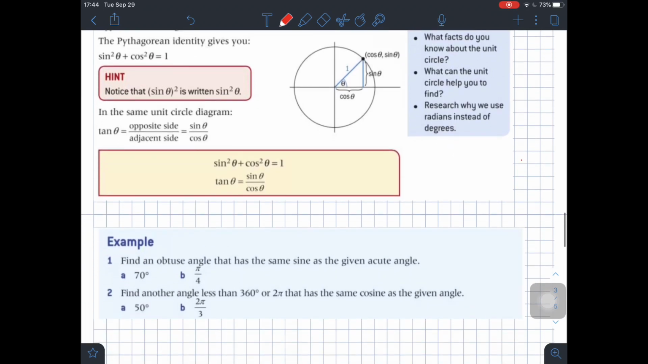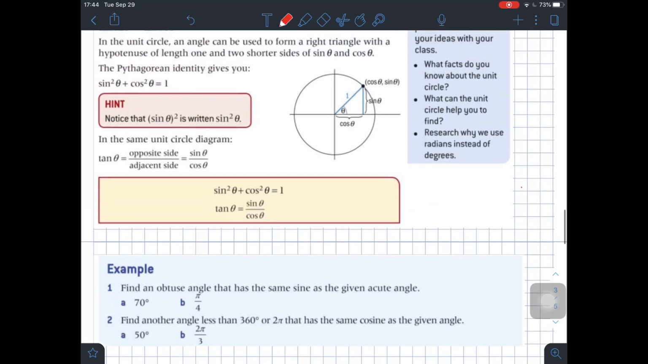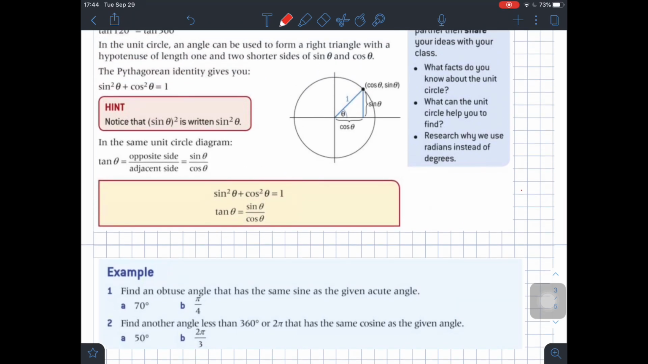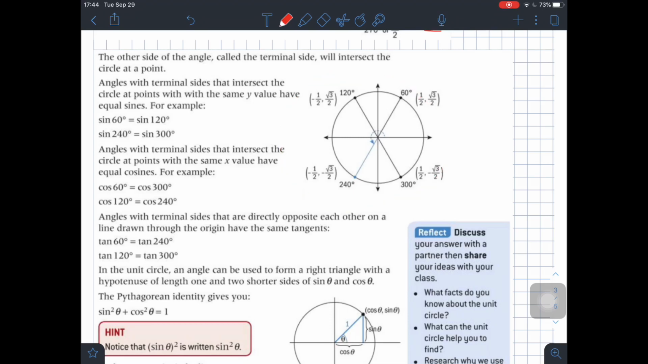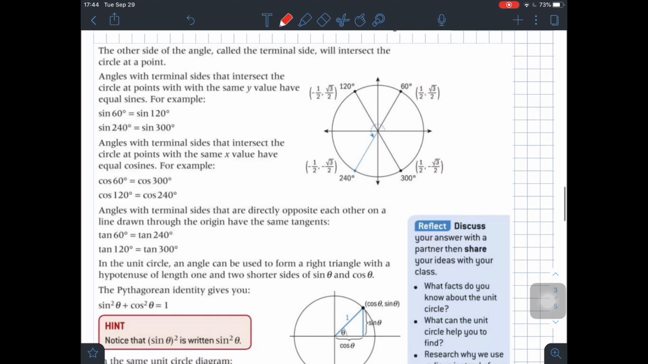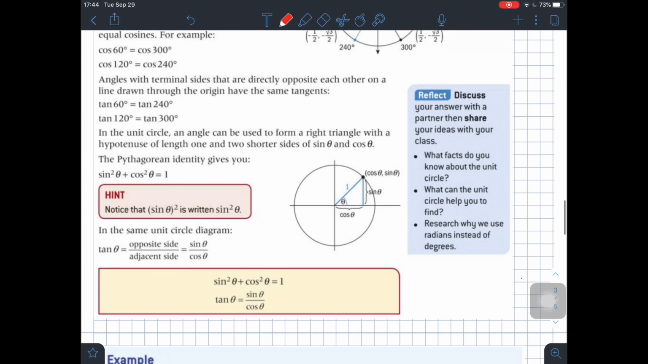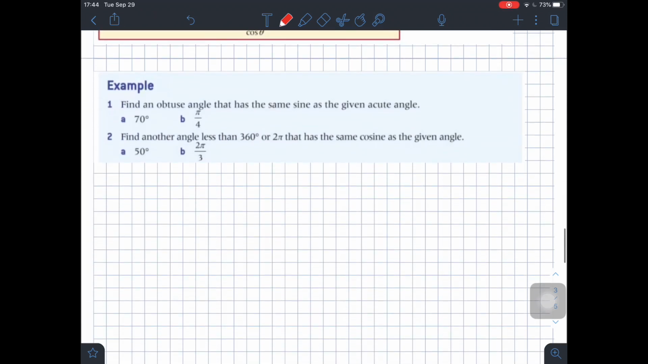Okay, so let's see some examples to see how this works. So these are the two new things we have learned today, besides all of the unit circle and the positioning of the values and knowing that sine and cosine are x and y respectively. It says, example, find an obtuse angle that has the same sine as the given acute angle. So for example, for 1a,